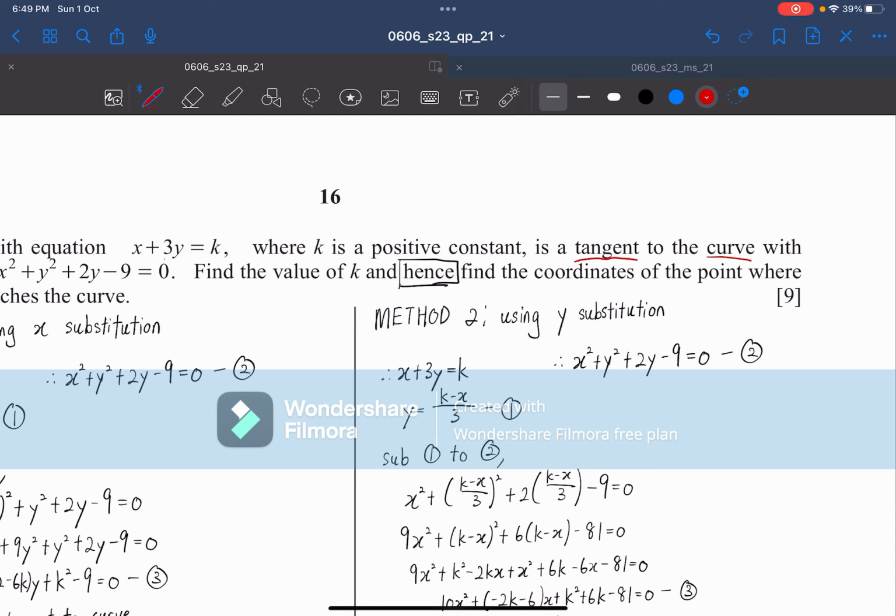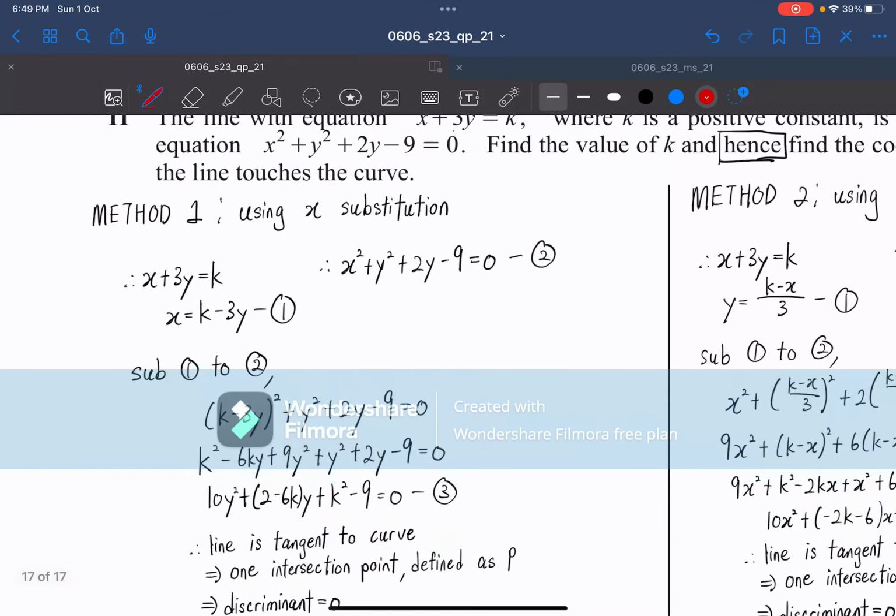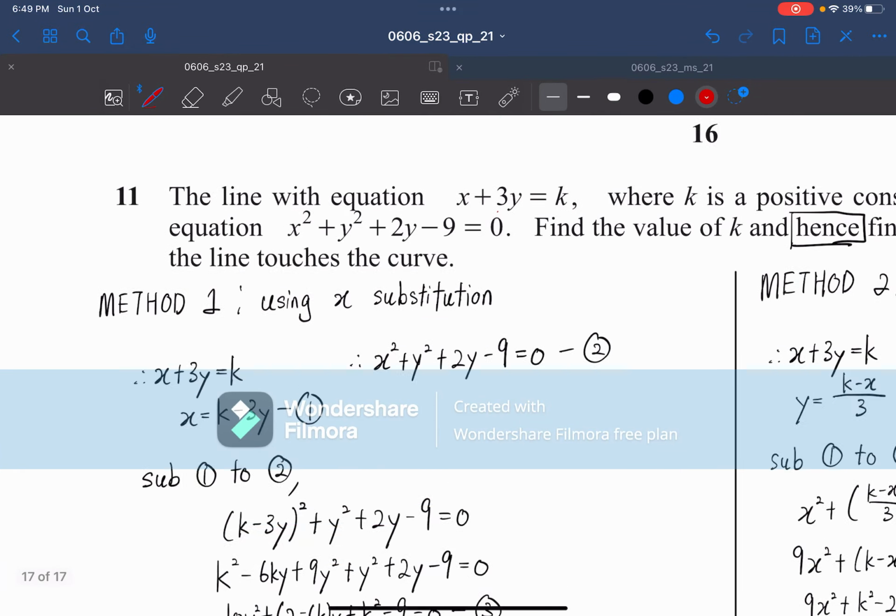Because if you have a curve like this, a tangent is going to be like this. Oh, that's not a good line. Like this. So at one point of intersection, the line will touch the curve. So the discriminant is going to be equal to 0. And that's what I did. So first we have to substitute it in,